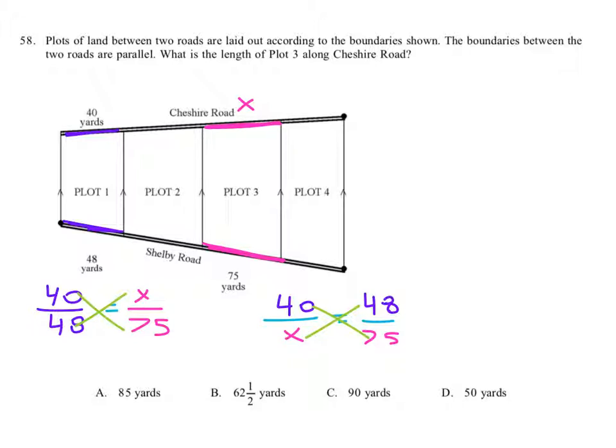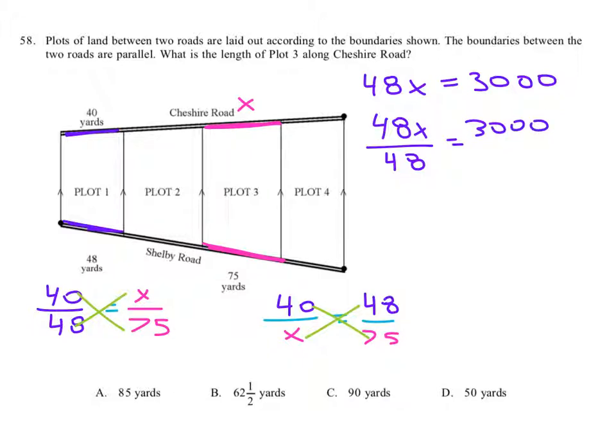So what do we get when we multiply those? We get 48 times x, 48x, equals 75 times 40. Well, I know 75 times 4 is 300, so add another 0. That's 3,000. So 48x divided by 48 equals 3,000 divided by 48. And what do we get there? I'm not really sure, actually. Let's do the math. I'm going to do it down here. 3,000